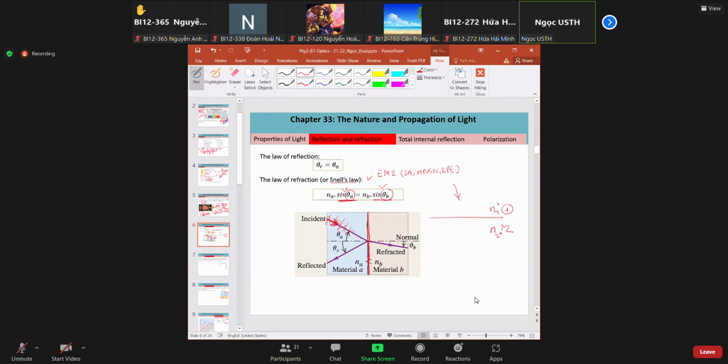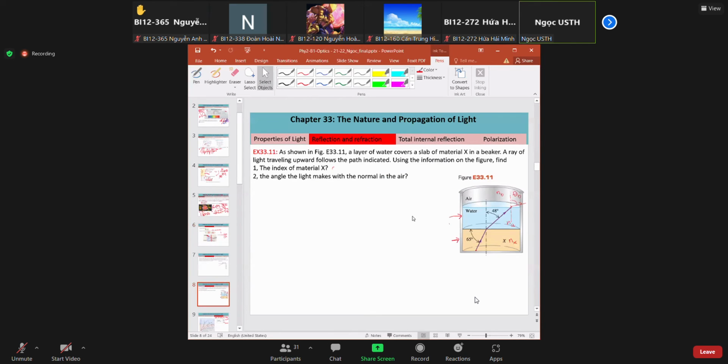And if you know the index of the first medium, you can determine the second one. So this law is very important for you to determine the index of refraction of any medium. It's a way to measure it, and it is exactly these problems. They ask you to determine the index of material X. In this case, they didn't give you the index of refraction of water, but normally